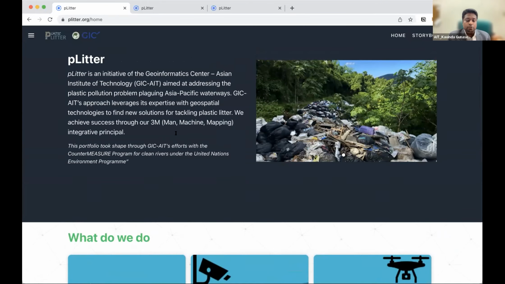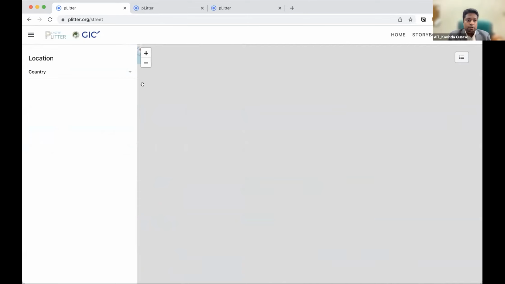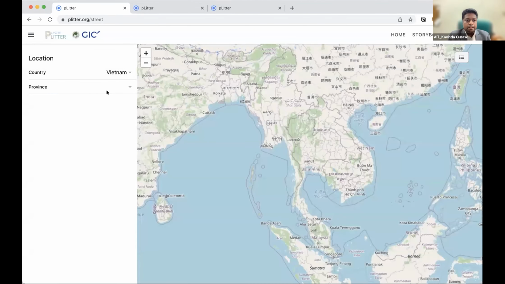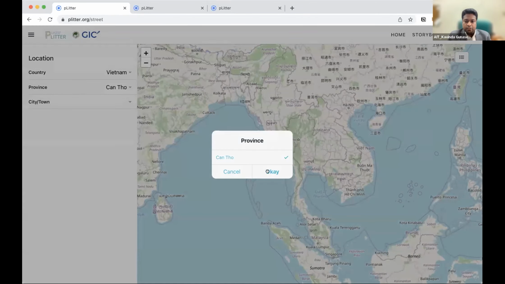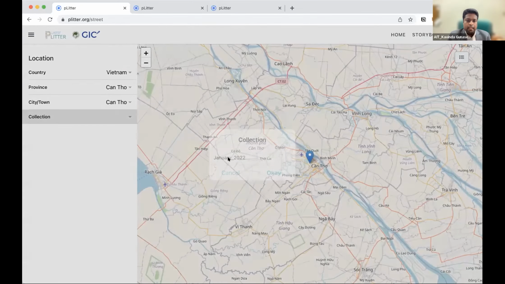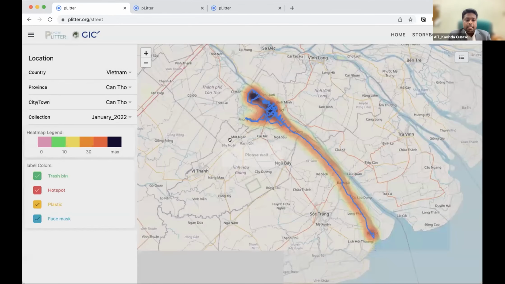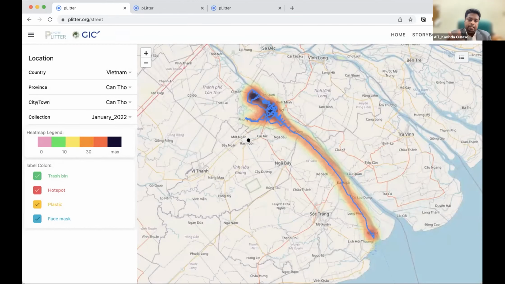Let me quickly go to Street View. Let's try Vietnam, and then Can Tho, the place where we did the testing. We did this one in January 2022. And this is the heat map developed from analyzing the videos along the street using a machine learning model.